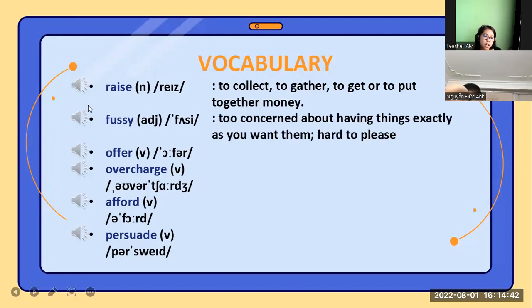Next, we have fussy. Concerned about having things exactly as you want them, and hard to please. Fussy is too concerned about having things exactly as you want them, and that means you are hard to